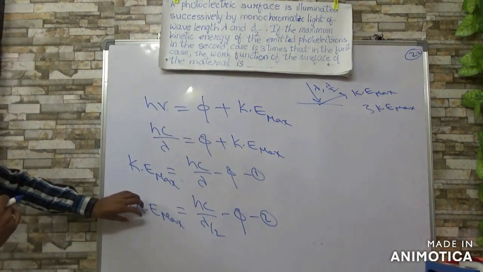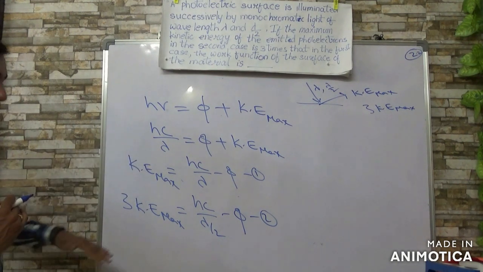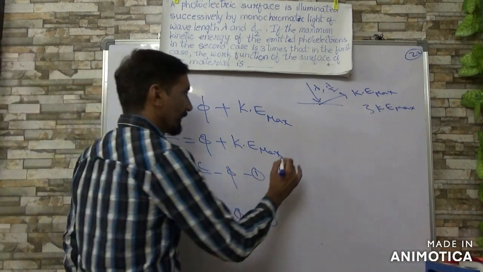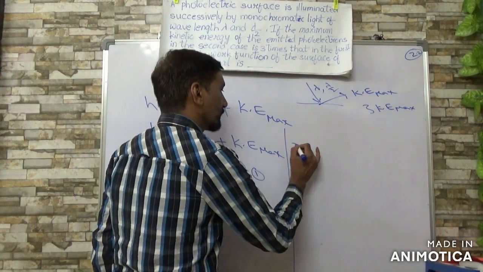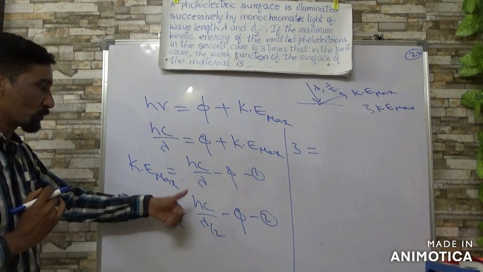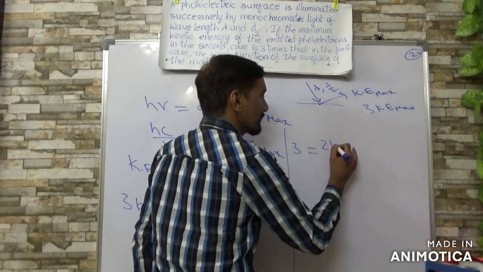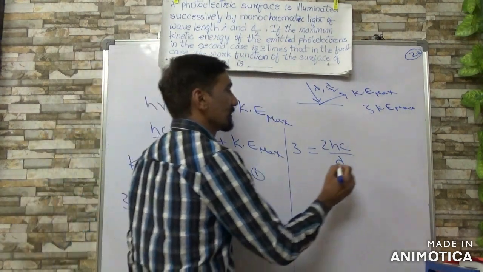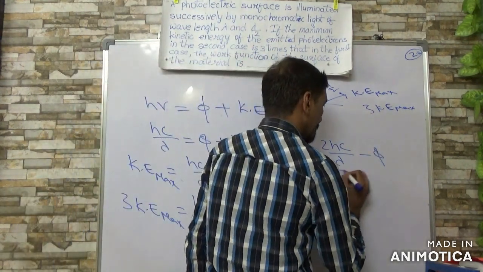Okay, now divide second one by first one. So KE cancels, now 3 is equal to, hc by lambda by 2 means 2hc by lambda minus work function, by